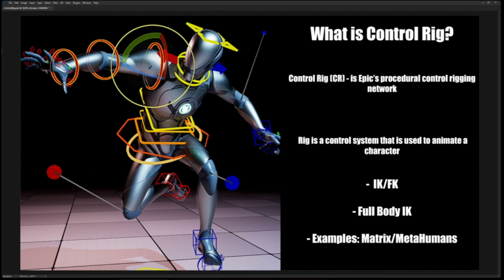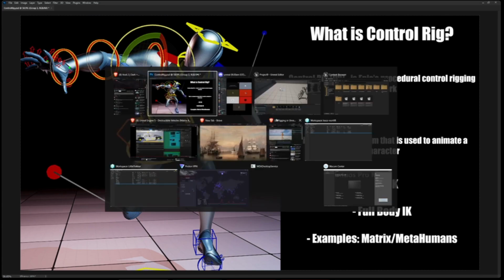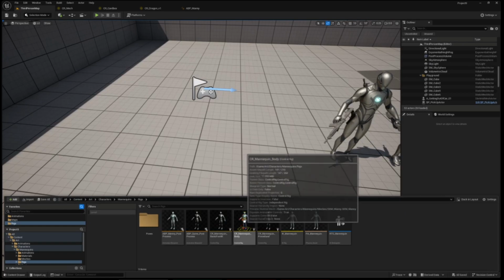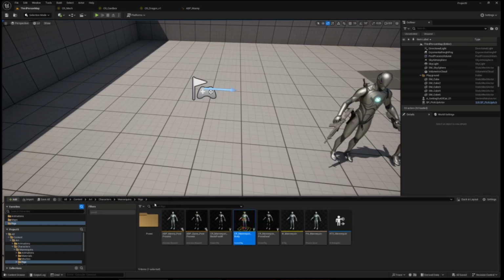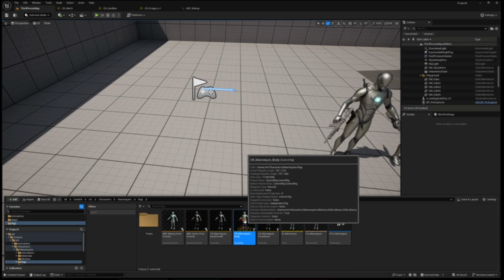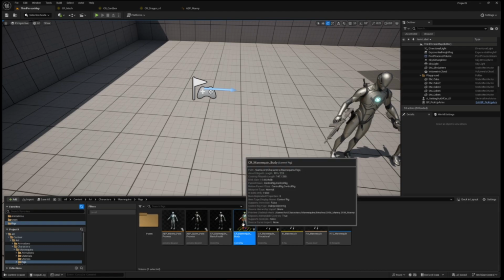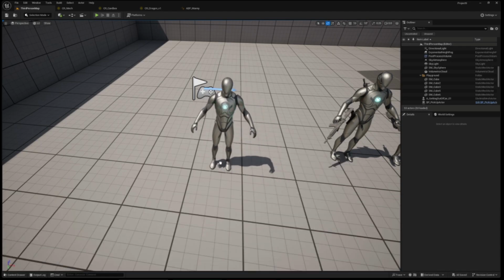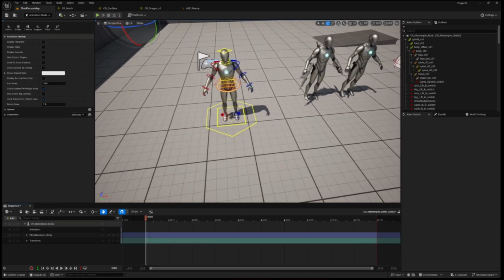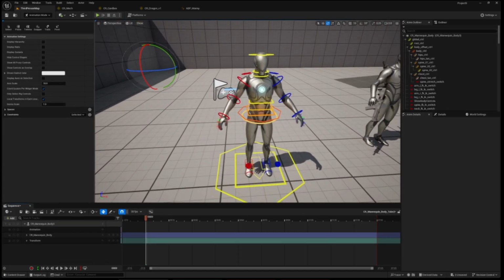So what is control rig? Control rig is Epic's procedural control rigging network, and rig on its own is a control system that is used to animate a character. And so let's just jump right into the Unreal. So with pretty much any default starting mannequin, you're going to have a rigged mannequin already. And if you place it on a level, you're going to get all the controls plus the sequencer to animate